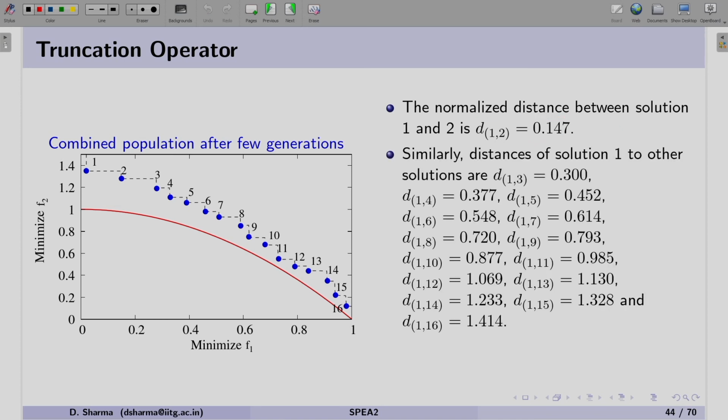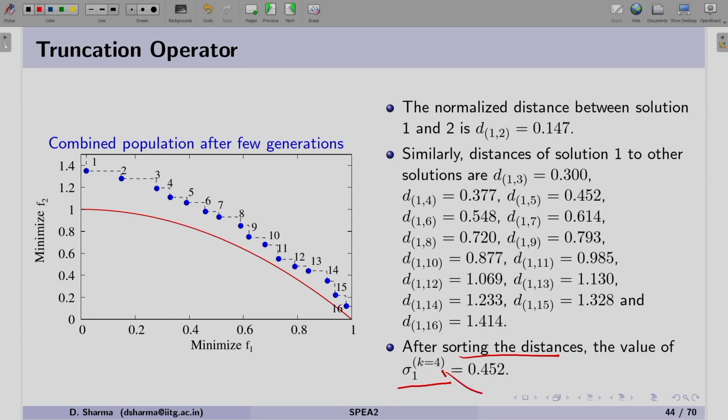Similarly, I can find the distance of solution 1 with the other solutions. The representation such as D1,3 means the distance between 1 and 3. Similarly, 1 and 4, 1 and 5, etc. Now, after sorting the distances, we can find the kth element. So, sigma 1 k equals 4.